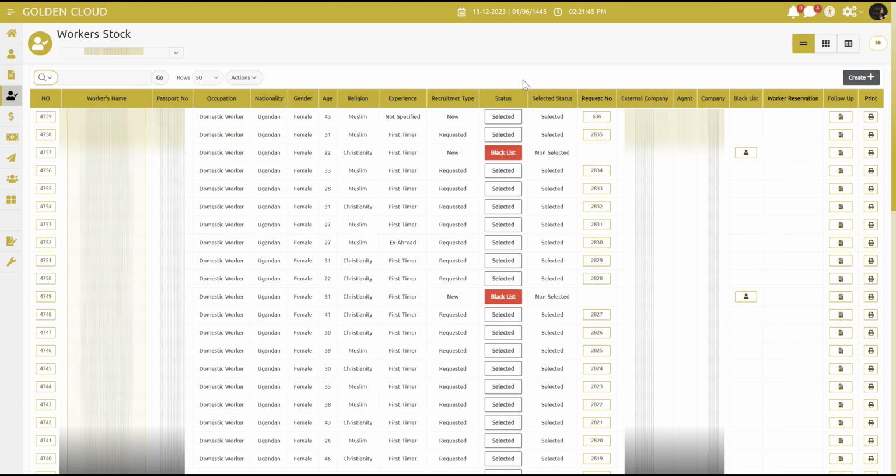The page also facilitates tracking the status of each worker, indicating whether they are in process, available for recruitment, selected, or blacklisted. All these functionalities are seamlessly integrated into a single user-friendly page, streamlining the recruitment process for enhanced efficiency